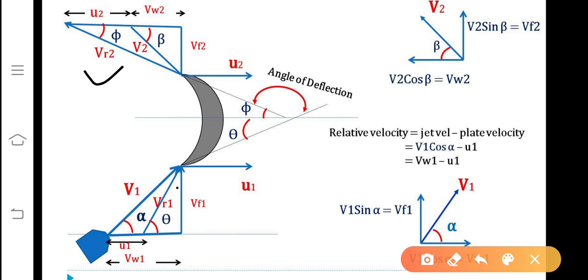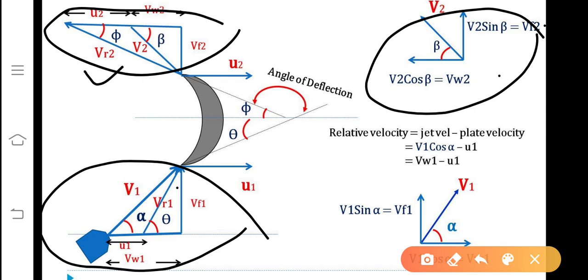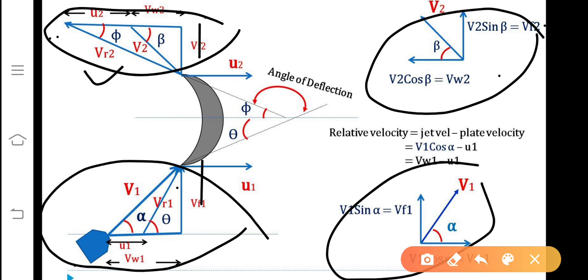Okay, we will continue. After drawing these two velocity triangles, the outlet velocity triangle and inlet velocity triangle with corresponding parameters by putting suffixes, now come to here. This also you have studied in engineering mechanics, the free body diagram. In order to understand further how we can get this component Vf1, how we can get this component Vf2, how we can get the total horizontal component, for that we have to take different free body diagrams.